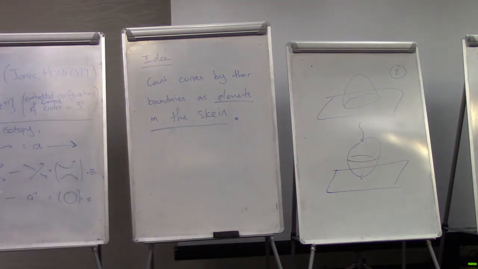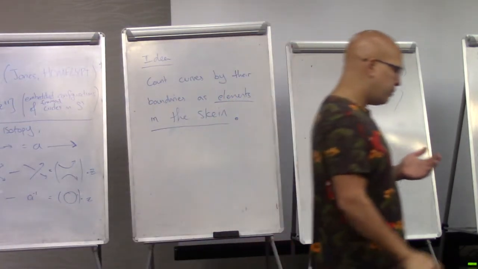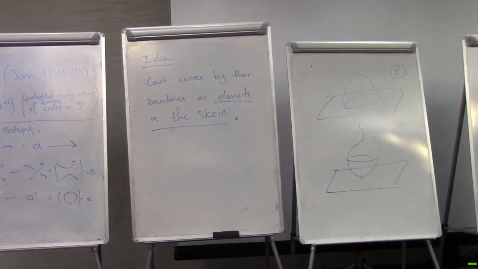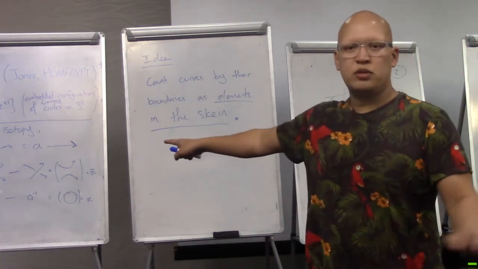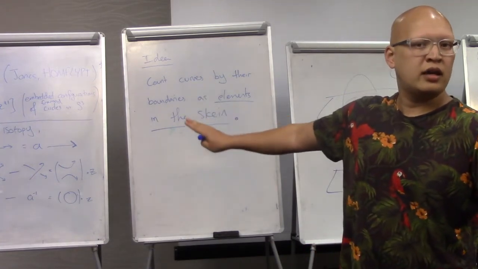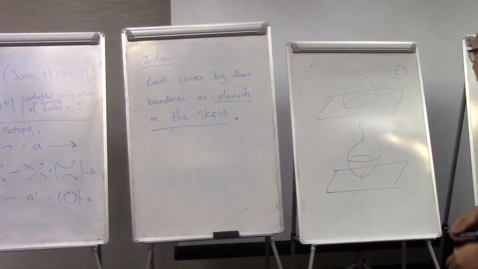So let me first of all say that this is what the physicists were telling you to do all along. And the sense in which that's true is that the physicists said that this holomorphic curve had some correction, an instanton correction of the Chern-Simons theory. And what is the space of corrections of the Chern-Simons theory? Well, it's defects in the Chern-Simons theory. It's known what that is. And the only thing, the most natural thing which specializes the defects in Chern-Simons of SUN for all n is this Skeins module. So that's why you should have believed before I started that you should count curves by their boundary. And the reason it solves this problem